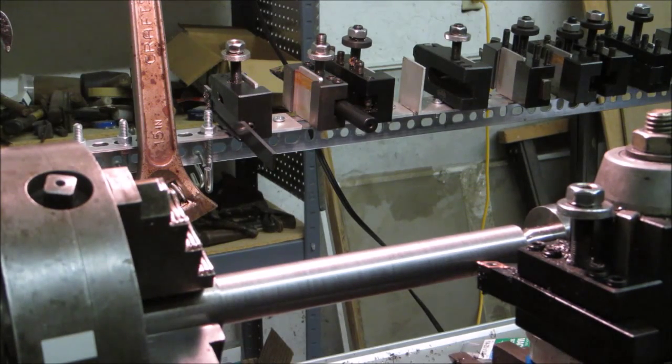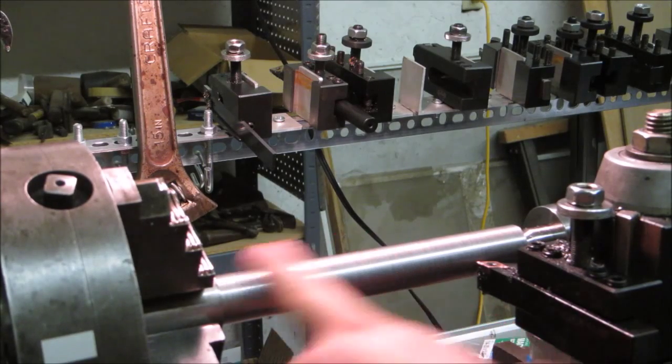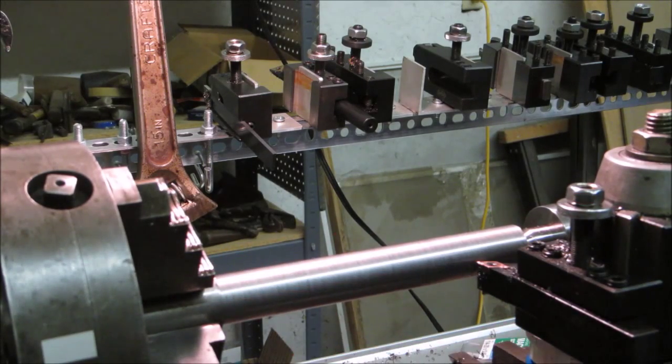I brought you a little in on this one here. I had quite a bit to machine off to get this down to 1 inch from the 1.25 inch stock that I had. And since I couldn't take too deep of cuts, I just figured I would get that down and get you back in here. What I'm going to do now here